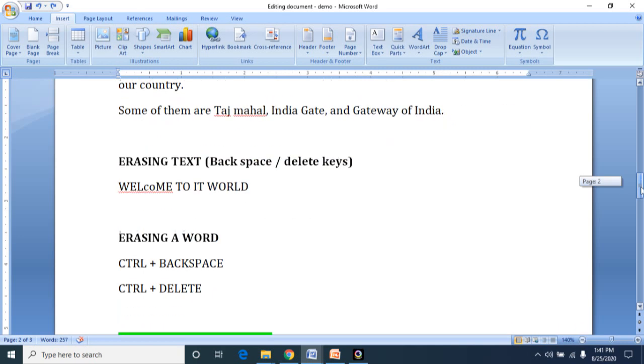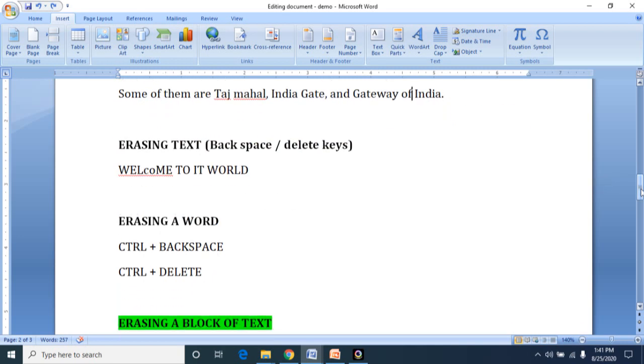Next, erasing the text. For erasing a text, we can use 2 different keys. One is backspace key and another one is delete key. You can find these 2 keys in your keyboard. Please look at backspace key and delete key. See,